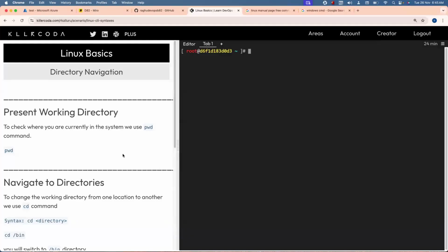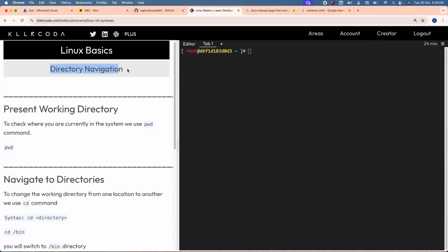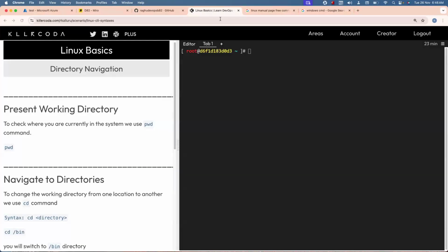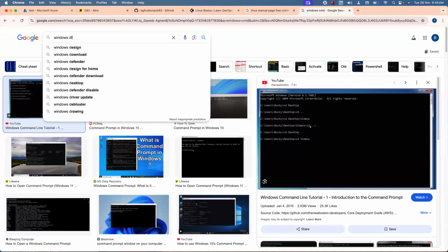So the next thing we have here is how do you do directory navigation? In Windows, how do you do the navigation? Double click, go, double click, go. Okay. That's how we do it there. And in Linux, you have to execute a command, right? In Windows also, at least on the top, if you go with a browser, Windows folder Explorer,